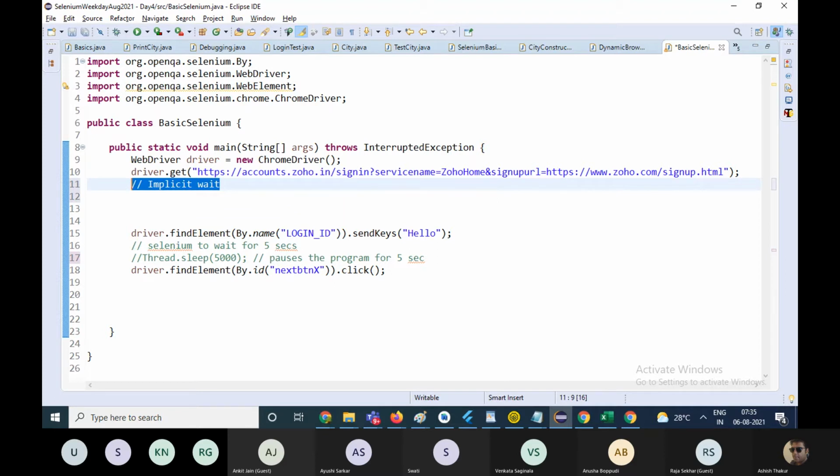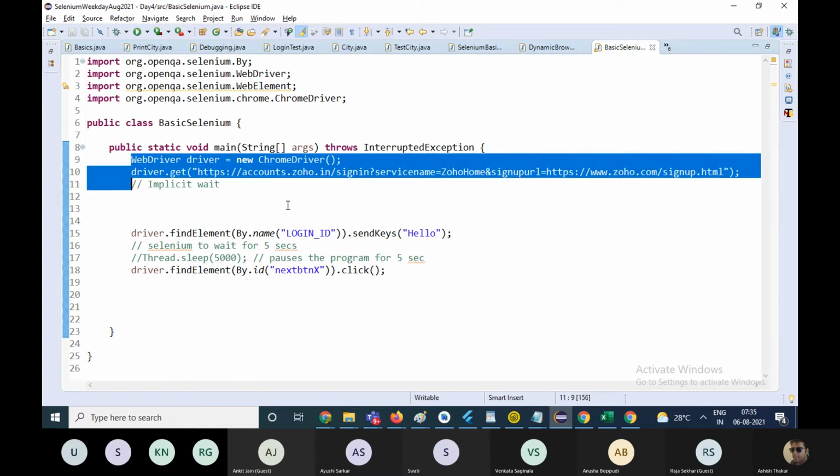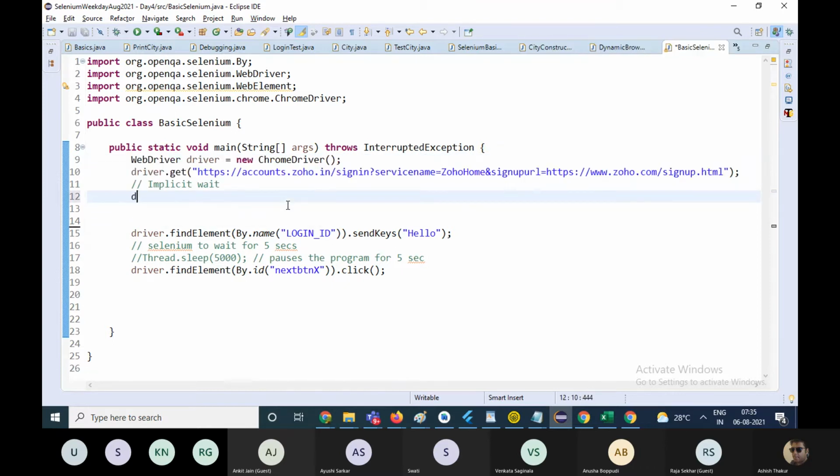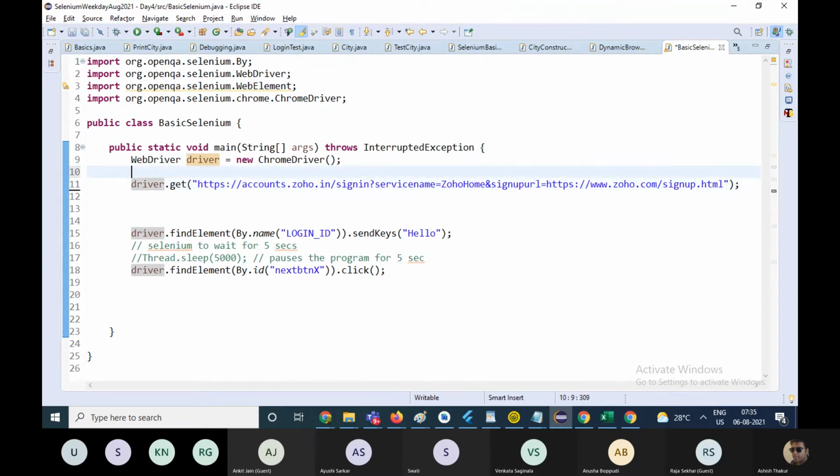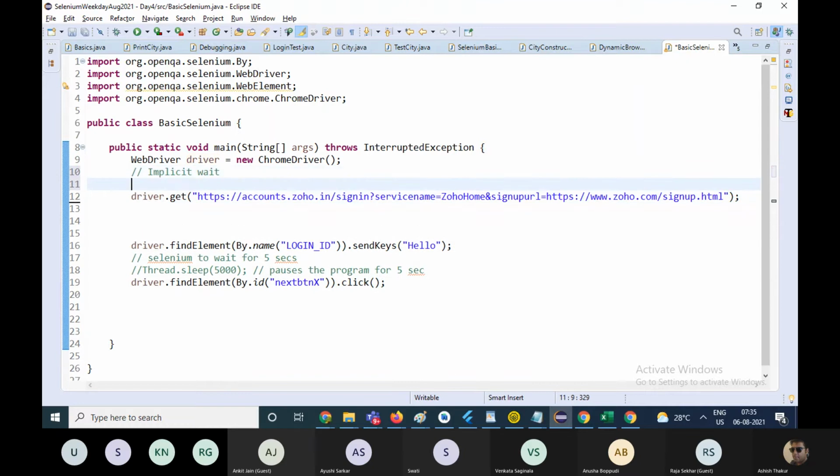Implicit wait is a global timeout. Whenever you launch the browser, the good practice is immediately after launching the browser, you define your implicit wait.